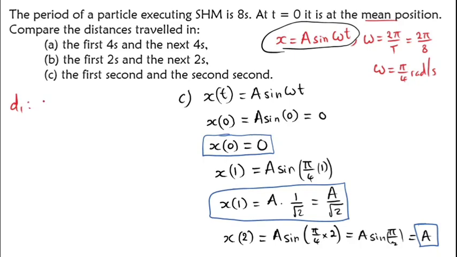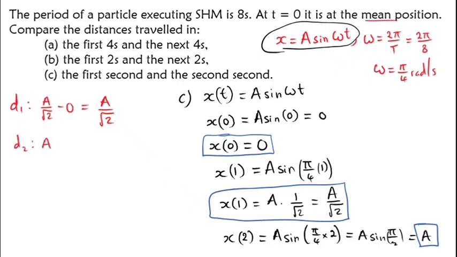So from 0 to 1, that is A over root 2 minus 0. This will just give us A over root 2. Distance 2 is from 1 to 2. So distance 2 will be A